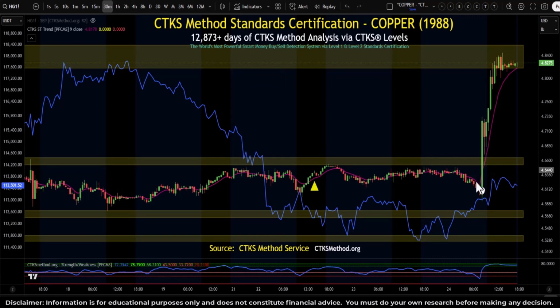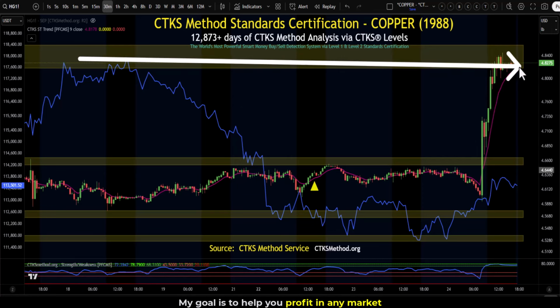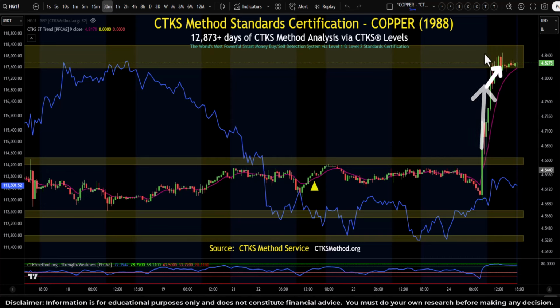Now, what we saw was the shorts were getting pulled in and the shorts have been liquidated, but they were liquidated up to this 482 area. Now, there's a lot of overhead structural resistance. So if you want to short copper, now could be the time, but you must make sure that you know what you're doing. The sellers are definitely up there, and you can see this rounding out is caused by